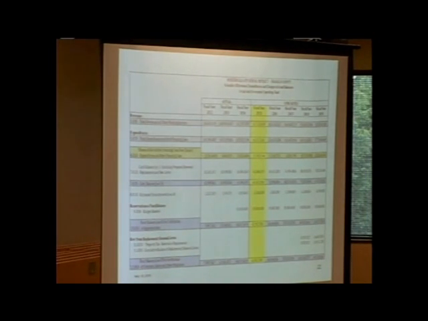What I did here, this is a summary sheet, and again, I know it's going to be hard to see on this one. I basically took the summary sheets that have the revenues up here. This green line is the line I always look for. The green line is the line I look at because that tells you how much you're either spending or collecting more than you're bringing in.